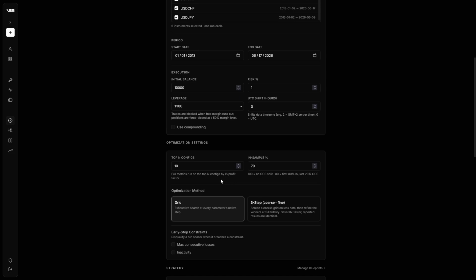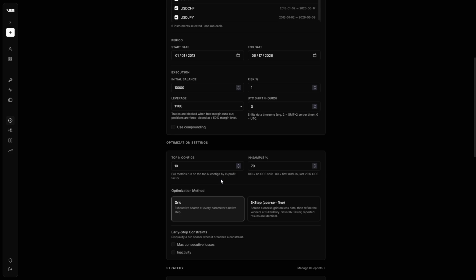Quickly, the difference between in-sample and out-of-sample is that in-sample is where we build and optimize the strategy, and the out-of-sample period is where we test if it actually generalizes to unseen data. We do not optimize again here, and we only confirm that the strategy still works on unseen historical data. So if something only works in sample, it's probably overfitted. We only care about strategies that survive both and where their metrics are actually pretty similar between the in-sample and